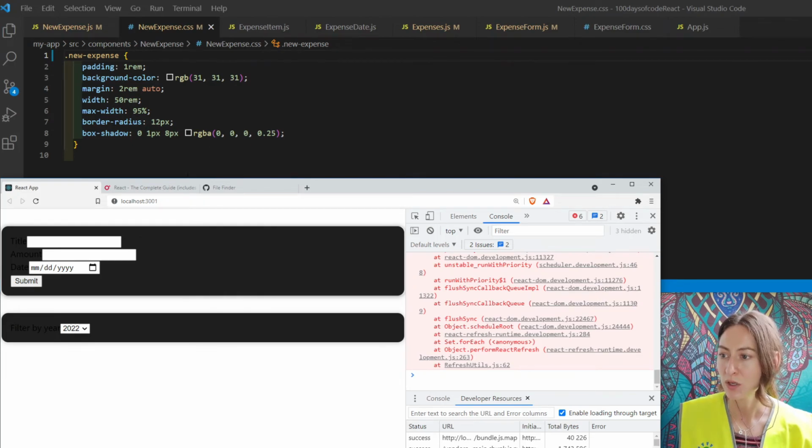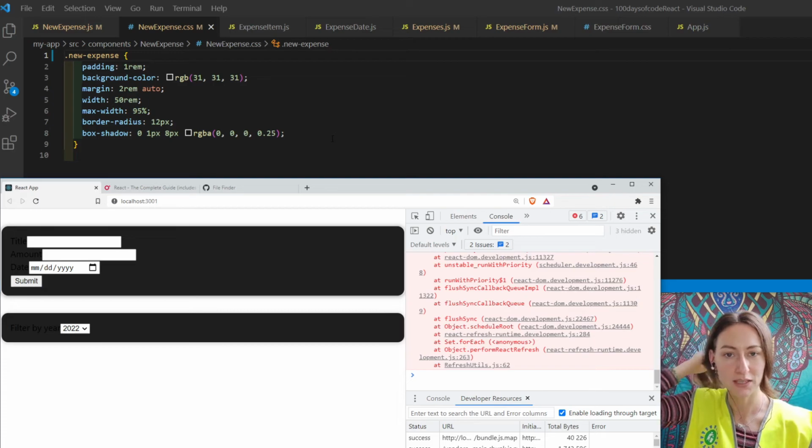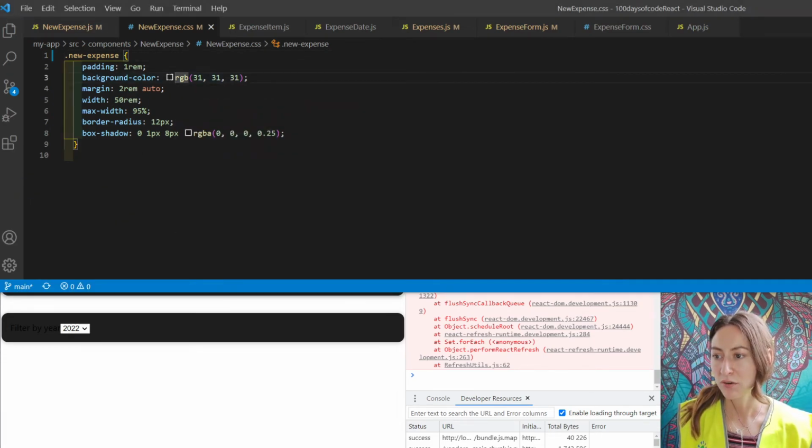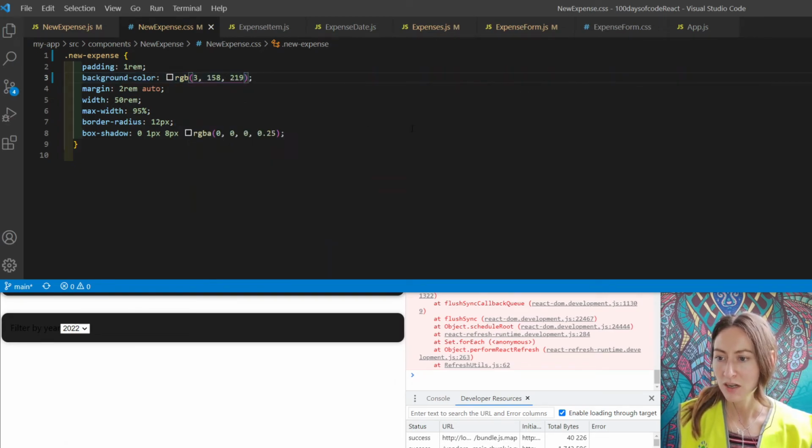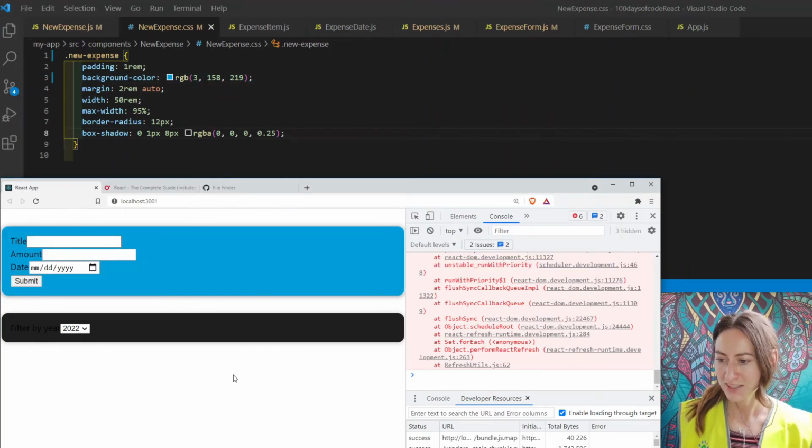So there we go. So from here, a few things that I would add personally to make this look slightly better is I'm going to change this background color because we've got too much black going on. So if you just hover over here, you can come down and pick whatever color you like. Let's go a bit bright, why not? And that'll do. Yay, that's nice. So we'll keep that like that for the moment, and then also I'd like more padding